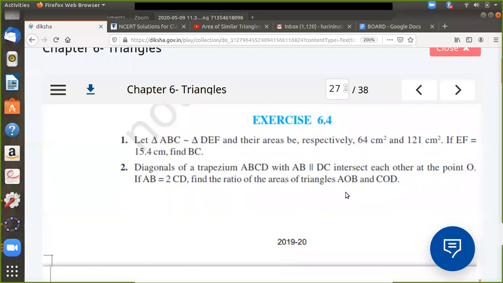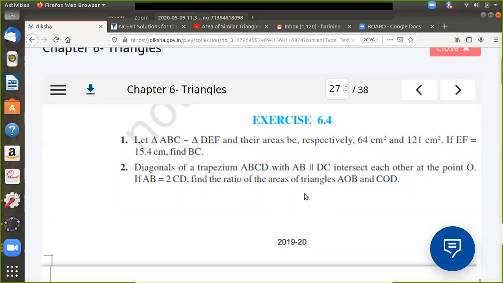So first draw the diagram and try to understand where are these triangles, how are they looking like. I have to find the ratio of their areas. That itself is a clue enough to tell you that you are going to use the theorem just learned. But if you have to take the ratio of their areas, you have to show that AOB and COD are similar, because our theorem clearly states that the ratios of the areas of two similar triangles. Here nowhere it is said AOB and COD is similar. So our first part of the proof will be to find or tell how these two triangles will become similar. Once they are similar, only then you can apply the theorem of areas of similar triangles.